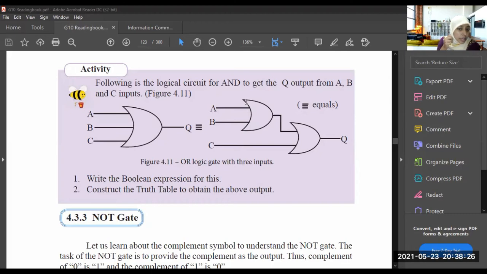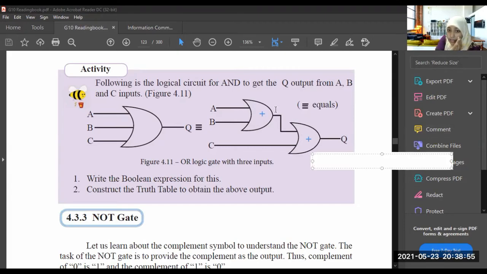Okay, this is not an AND gate, this is an OR gate. There is a small mistake here. So this is an OR gate, okay? From this OR gate, first of all, what you should do is mark the symbols of this gate. The symbol of this gate is plus, and this also is plus. So mark it first like this, okay?